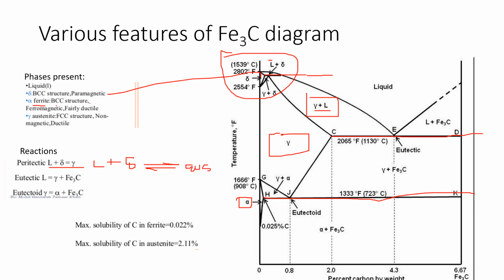We will get the austenite, and that austenite is represented by the gamma solid solution, and that gamma is